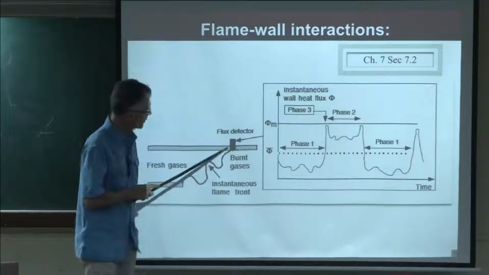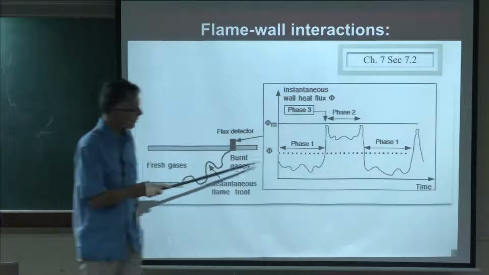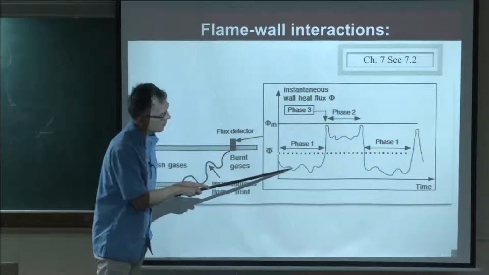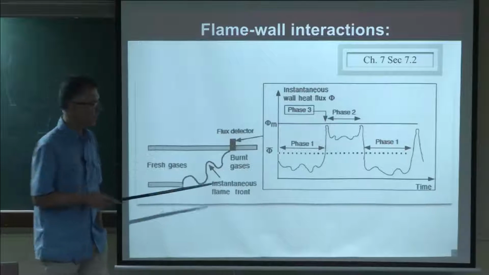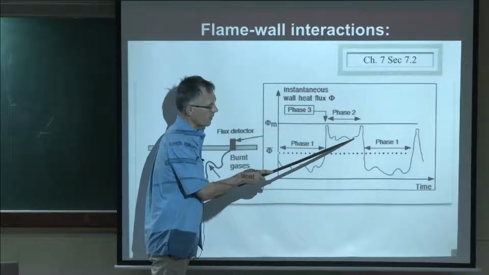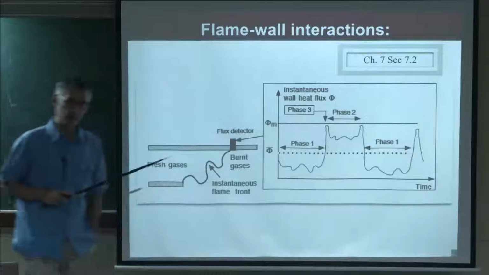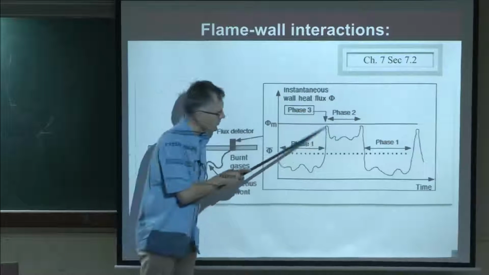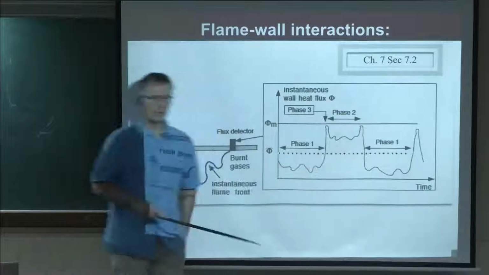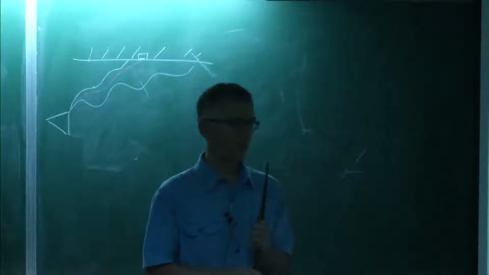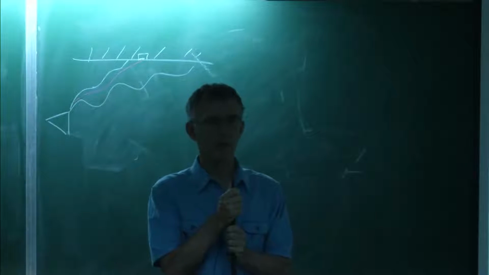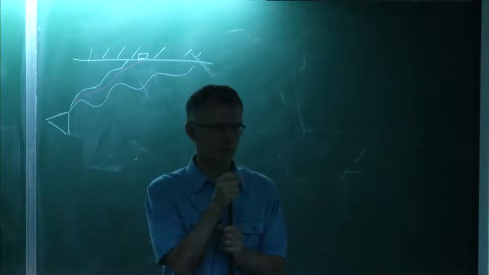So if you plot now the flux at one point here on the wall, you will see then that there will be what we call phase 1, moments where you have a reasonably small flux. It's going to be large, but not extreme. There will be moments where you will have larger fluxes. It's when you are touched by burn gases. And there will be moments where you will have flame wall interaction. That's the peaks that you see here. And these peaks lead to very large heat fluxes. Here we're talking about fluxes of the order of 1 megawatt per square meter, which is the same fluxes you will have in a nuclear power plant. And so these fluxes are going to be extremely large.